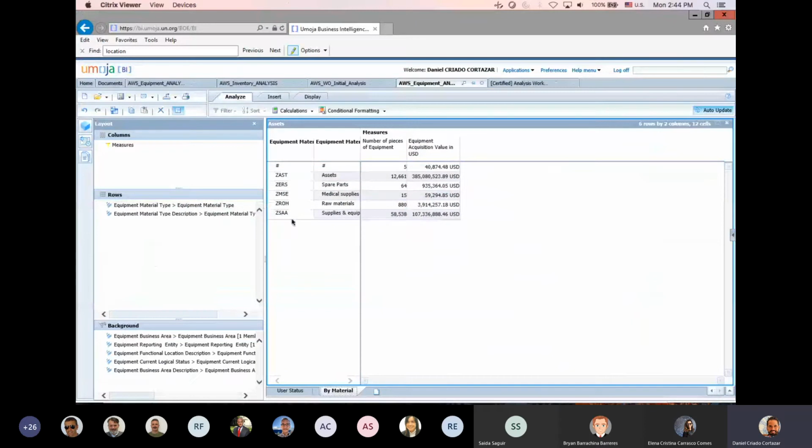So let me go back. In material type, here is the breakdown, by whether the material, the equipment, is an asset, a spare part, medical supply, or raw material, depending on the material type of the master that was used in the product ID initially, right? So you have different breakdowns, different ways to start your analysis from the equipment perspective. And these are not the only ones we can come up with. If you start using it, you can use some other tabs, some other attributes